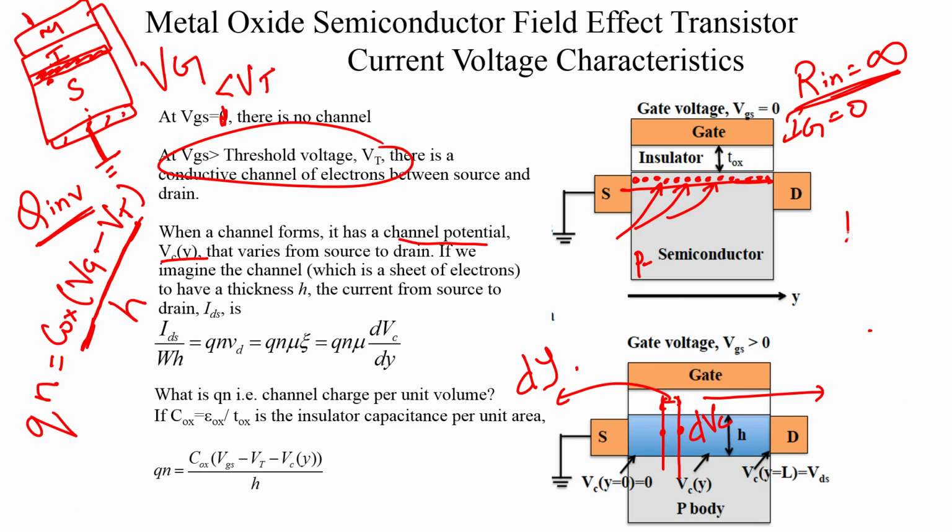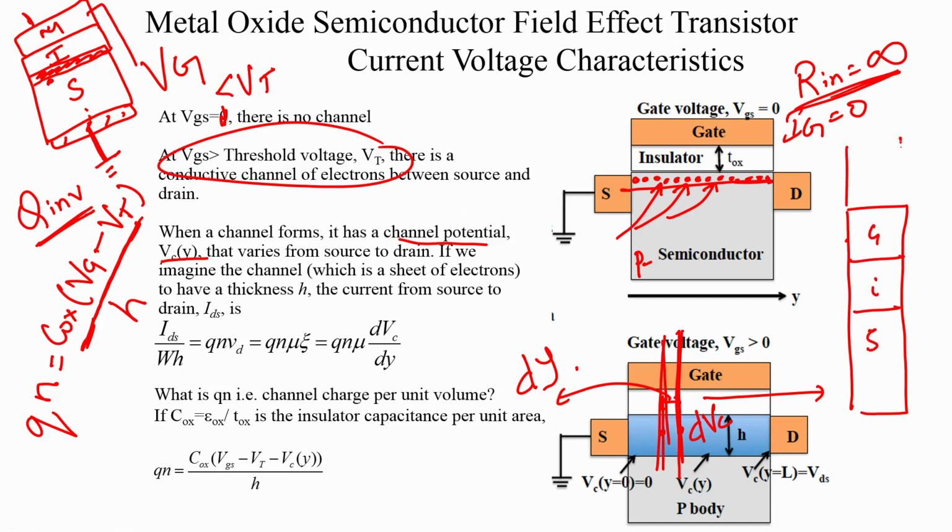So, we have considered this little section, we have taken the section all the way through. Let us cut this little section all the way through. You have the gate, you have the insulator, you have the semiconductor, the length of the section is dy, the potential drop. So, you have the channel here,